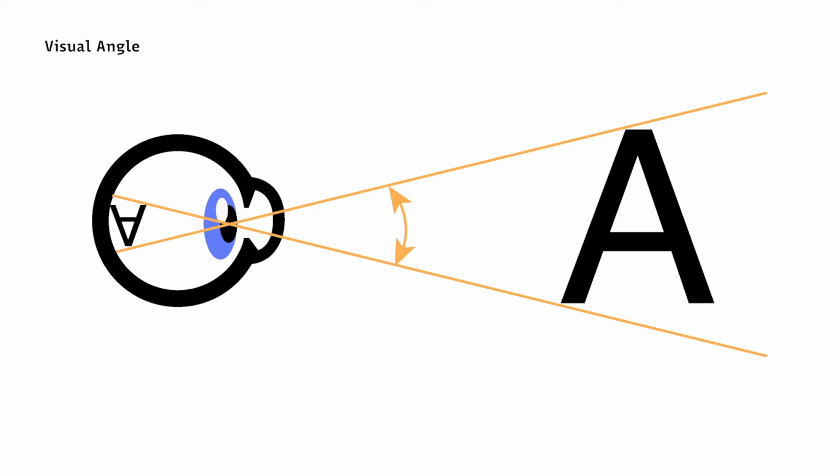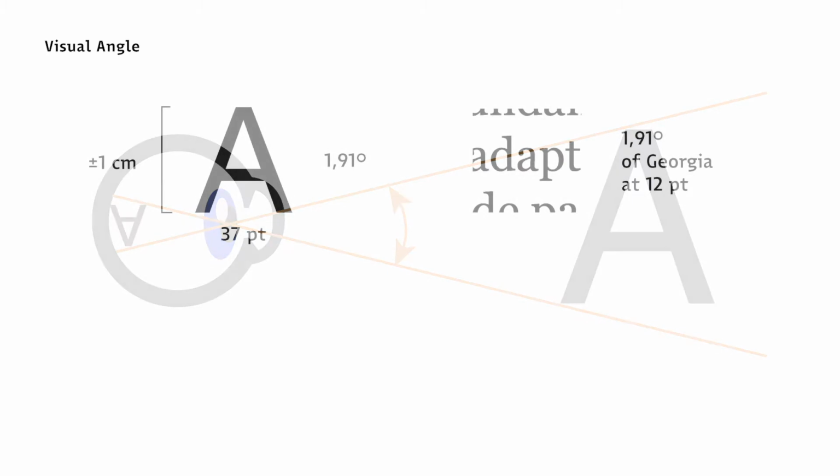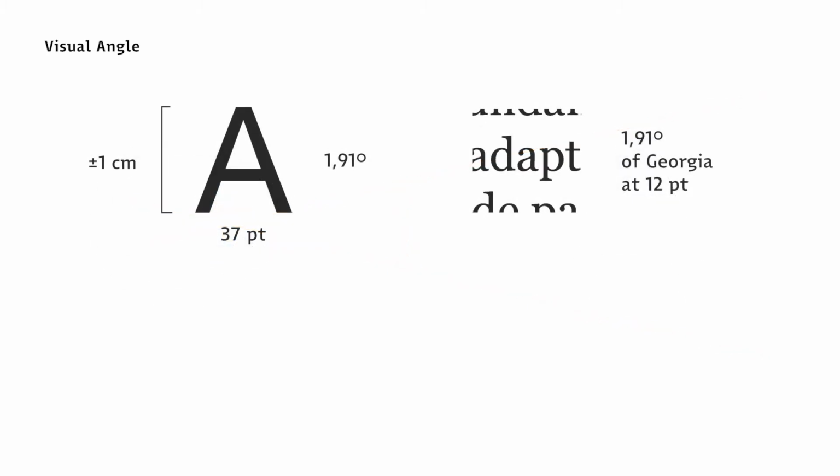The maths to find out the visual angle is a bit more complicated than this, but this simplified formula works pretty well. You divide the target's physical size by the viewing distance, all in the same units, and then you multiply it by 57.3. Don't ask why. For example, 1 centimeter of Helvetica uppercase at an average reading distance of around 30 centimeters equals more or less